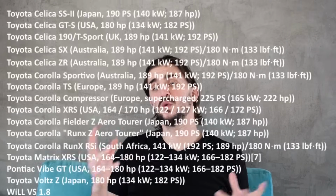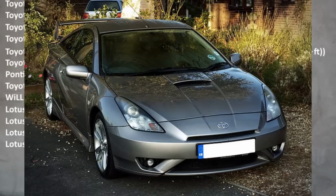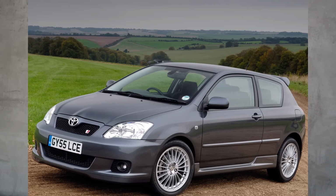So that's enough of Lotus extravagance. Let's talk more simple, more humble things. Let's see which Toyotas actually had the Toyota engine in them. Now, the 2ZZGE came in quite a few Toyotas. The most notable ones are, of course, the Celica, the Sporty Corollas, the Matrix, and among other things, the 2ZZGE